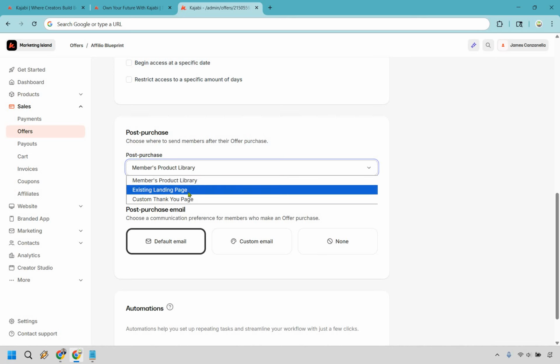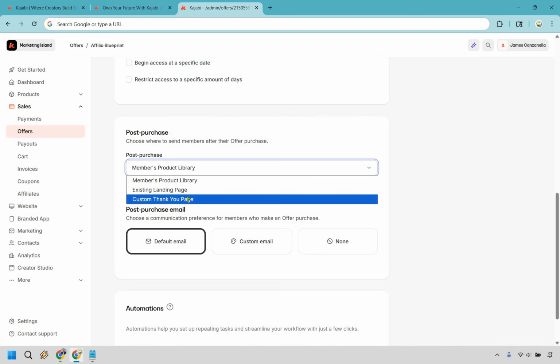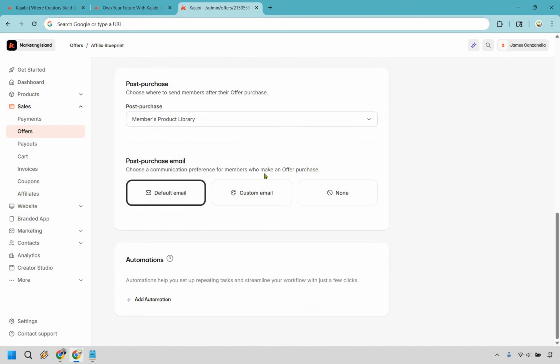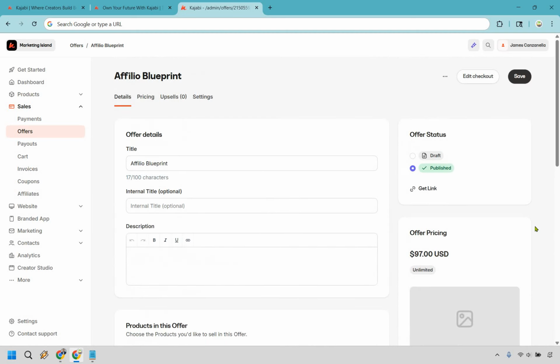You can go to an existing landing page or a custom thank you page if you have those, but if they're not set up, this will work best. There's going to be an email, a custom email or none. Default email should be fine. And once again, you have the opportunity for automations if needed. So what mostly you want to do here, aside from tinkering with some of the features there, is clicking on